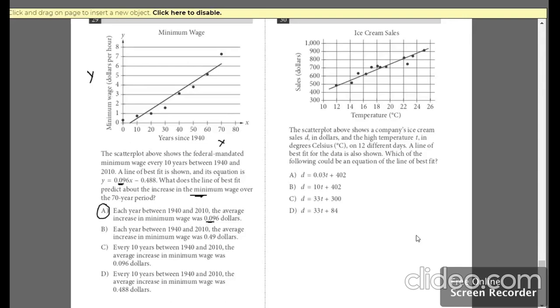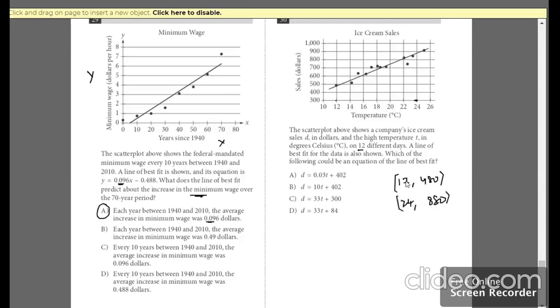Moving on to question number 30, again a linear graph, which is statistics, temperature in degrees to the sales in dollars. They're asking about 12 different days, starting from 12 to the next 12, which means 24. So we'll just look at the information that is given to us. It's approximately equal to 500 but not exactly 500, so we'll take just lesser than that, which is 12, 480, and on 24 it's going again and reaching closer to 900, which is not, so let's just take it as 880.